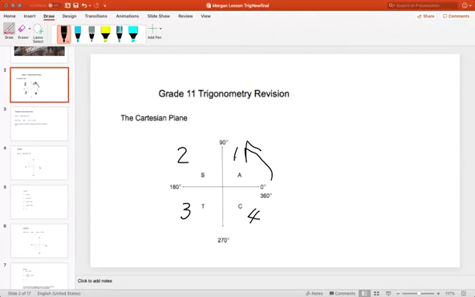So we just quickly run through it again. In quadrant 1, all the trig ratios are positive. In quadrant 2, only sine is positive. In quadrant 3, only tan is positive. And in quadrant 4, only cos is positive. And like I've said before, if you know which quadrant you are in when doing your trig, you will be